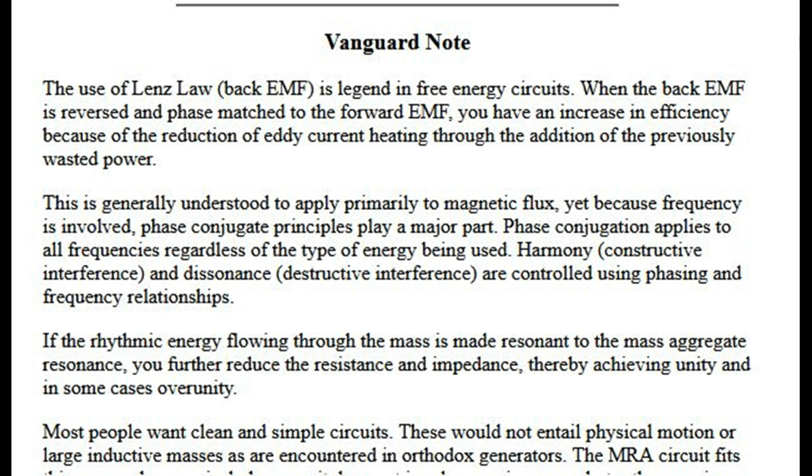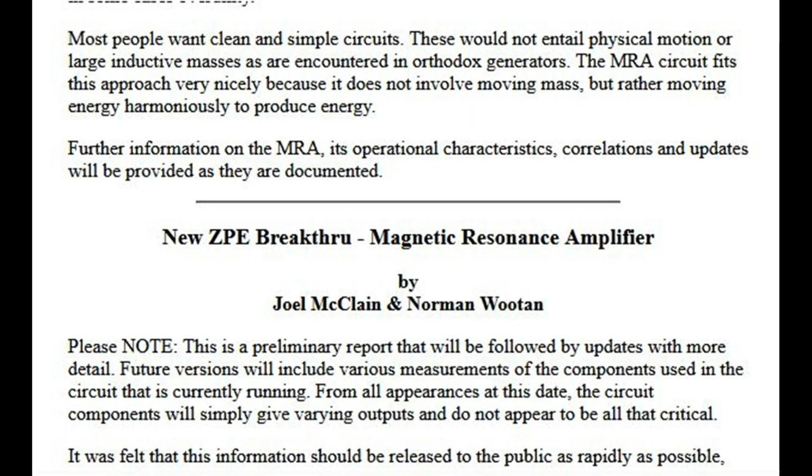These would not entail physical motion or large inductive masses as are encountered in orthodox generators. The MRA circuit fits this approach very nicely because it does not involve moving mass, but rather moving energy harmoniously to produce energy. Further information on the MRA, its operational characteristics, correlations and updates will be provided as they are